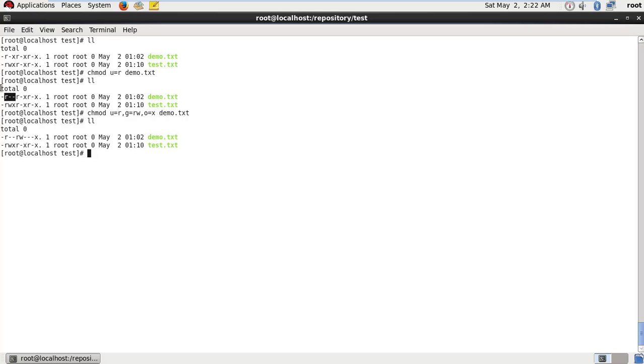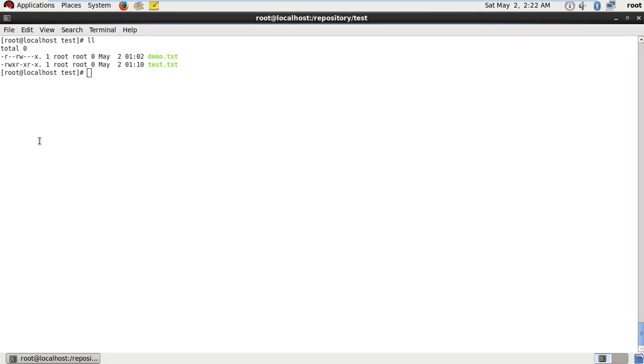Now we will check. Look here, read permission for the user, read and write permission for the group, and execute permission for the others. So guys, like that you can give the permission to the user.